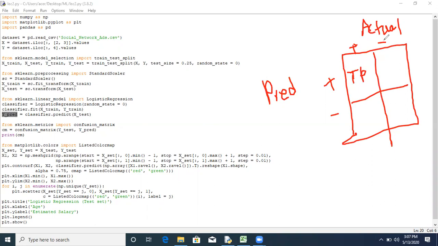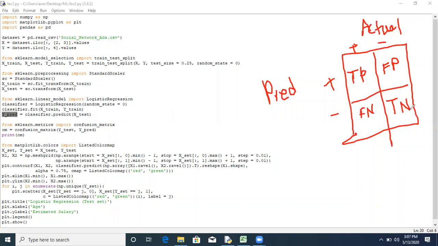When the value is absent in the data set and you are predicting it as present, that is nothing but false positive. When the value is actually present and you are predicting it as absent, that will be considered a false negative. And when the value is not present and you are predicting it as absent, that means it is true negative.